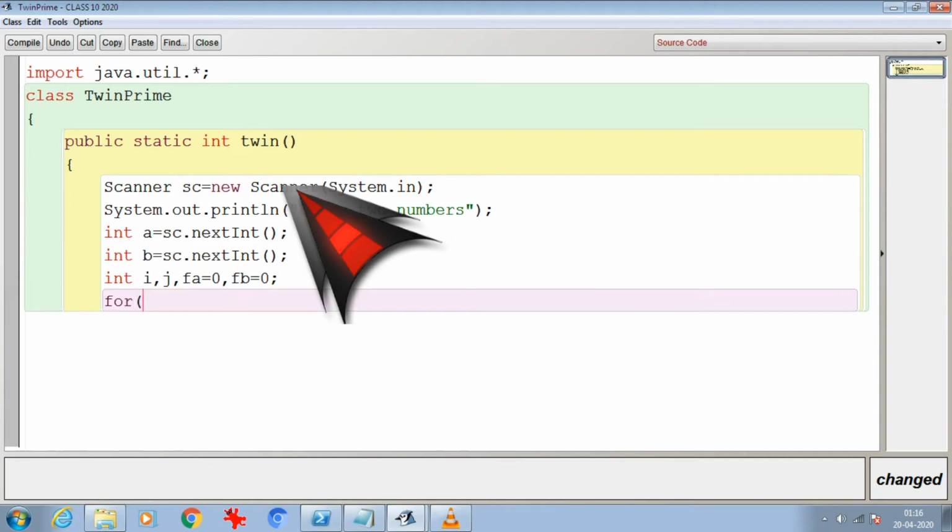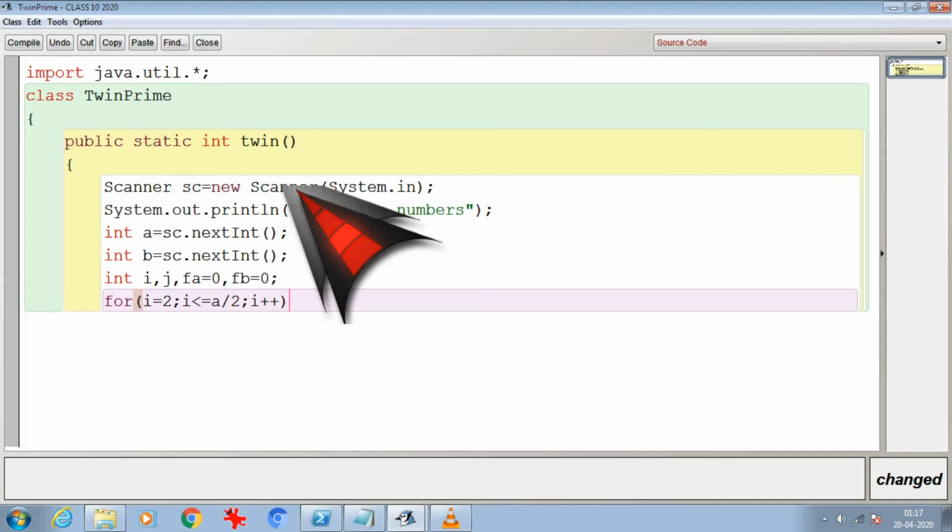I will write int i. As I have declared it, I am just going to write for i equal to 2, i less than or equal to the number divided by 2, i plus plus. This is one way you can write the loop. If I do it like this, then there will be no factor for a prime number.